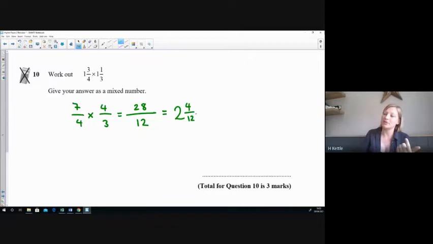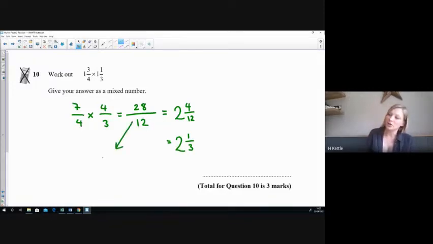And we can simplify this bit of the fraction. So that's 2, and they're both in the 4 times table. So dividing by 4 is 2 1/3. And that's my final answer. All done. If I decided to simplify at this point, I could have said, well, they're both in the 2